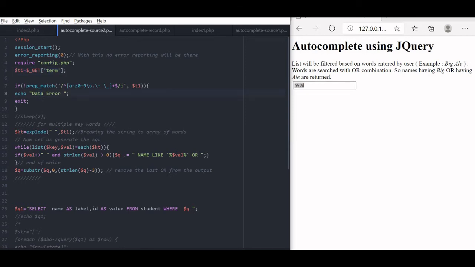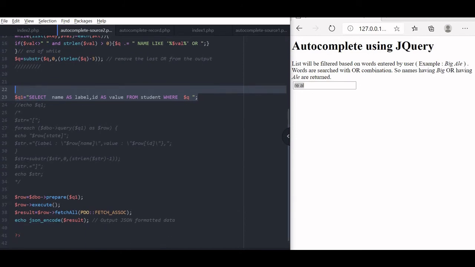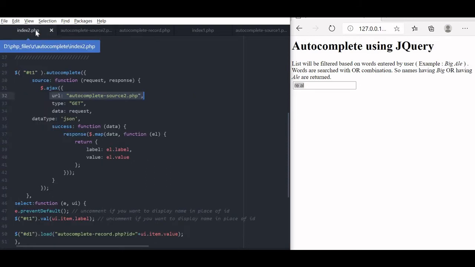Now, in this part of the code we are breaking it and creating a query using the LIKE command with an OR combination. You can replace it with an AND, but usually if you want it to be OR, it is better this way. So, a LIKE command is used and an OR combination is used here. So the final query gets built here, and using this final query we are returning the result in JSON format. This JSON result is available in our load.